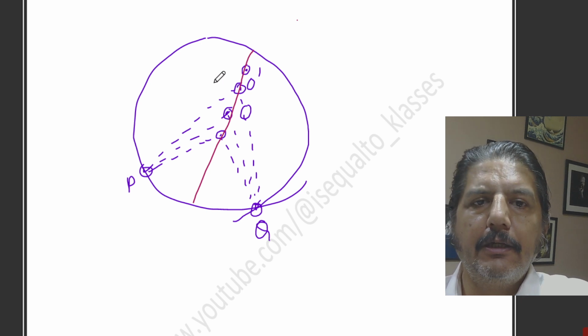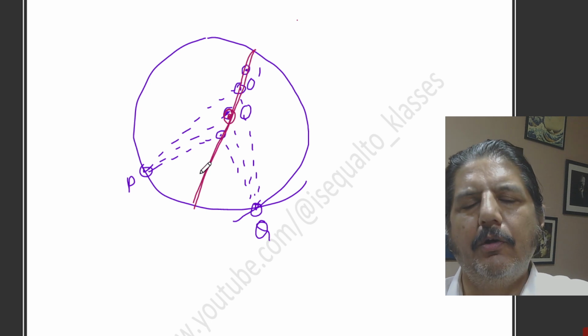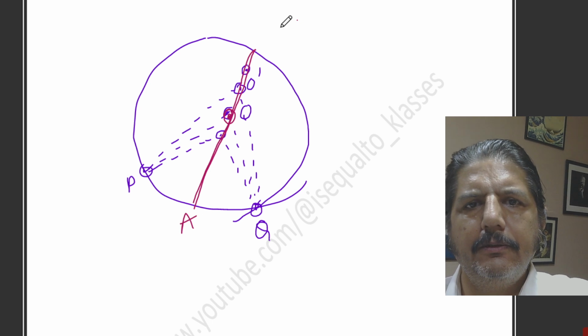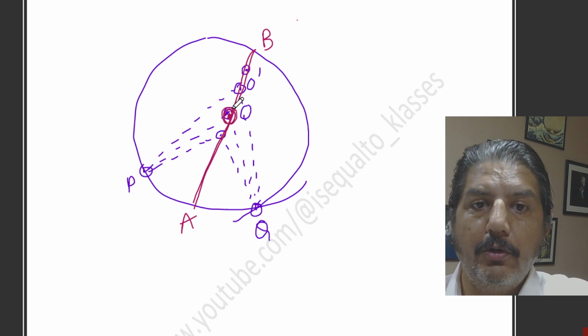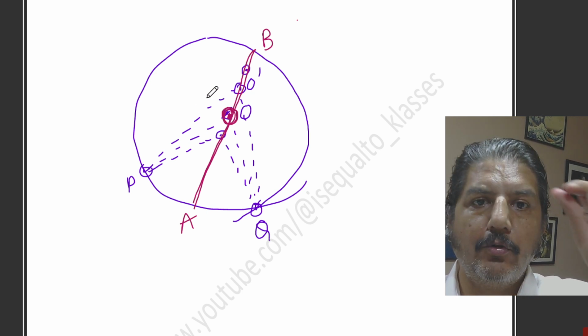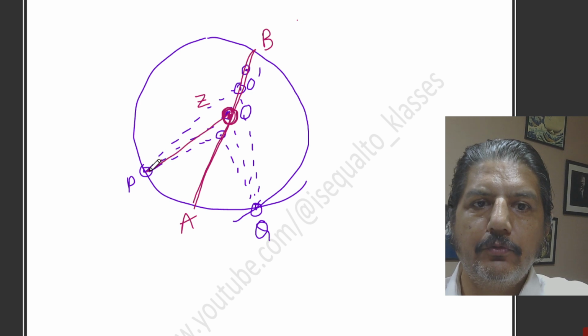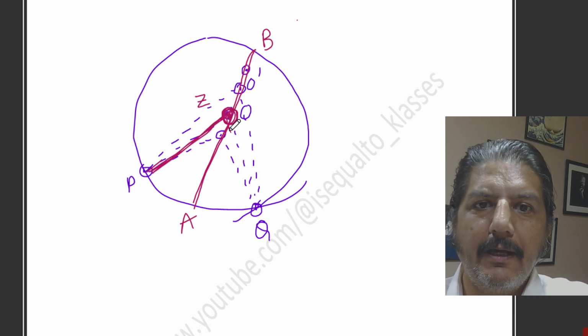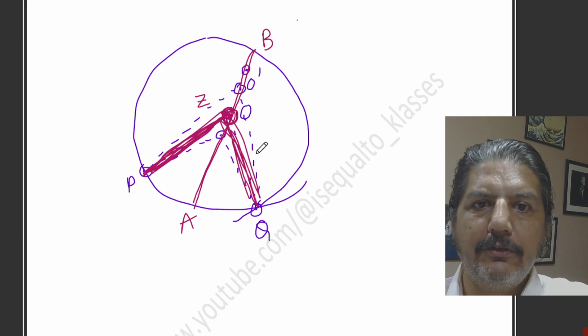there's an interesting thing that will happen. There'll be a certain point on this locus that I have found. Let me call this AB. There will be an interesting property. There will be a point on this line, a particular point. Let me call that Z, which will actually be the radius. So this distance and this distance would be the same. These two distances would be the same and would be equal to the radius of this